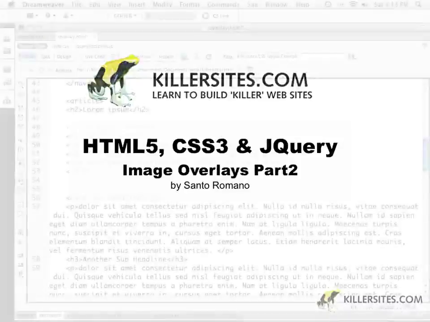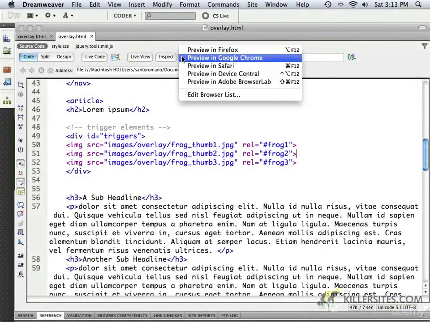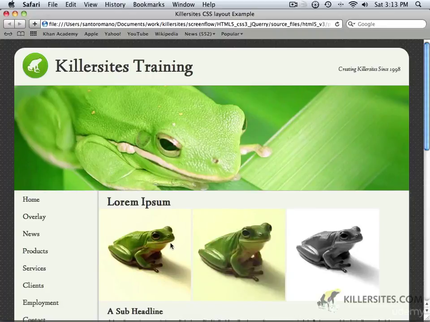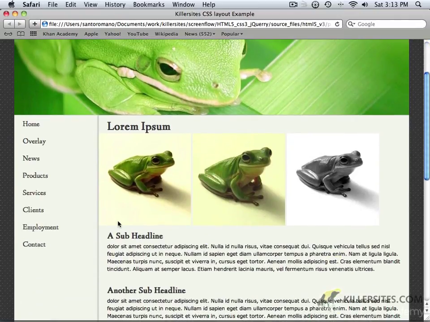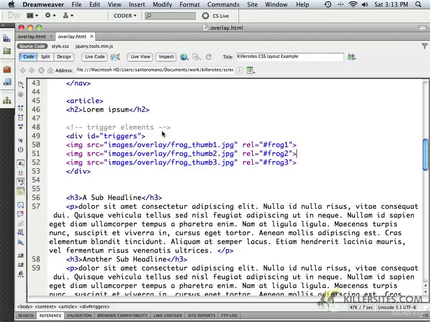All right, so with the triggers in place, I'm just going to save that, and you can preview it in your browser as well, and voila, you now have three images next to each other. Now, to get these images to align the way we want them to, I'm going to be adding a couple of little CSS bits of information later on, and we'll be addressing that soon enough. Now, before we leave our HTML, we need to also do something else,